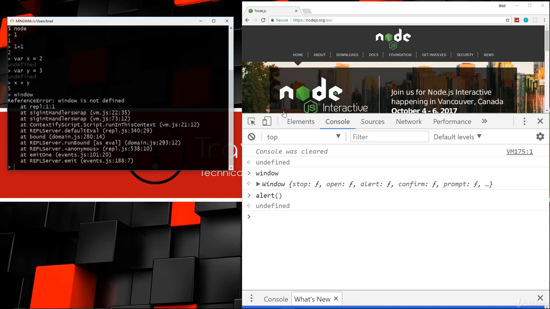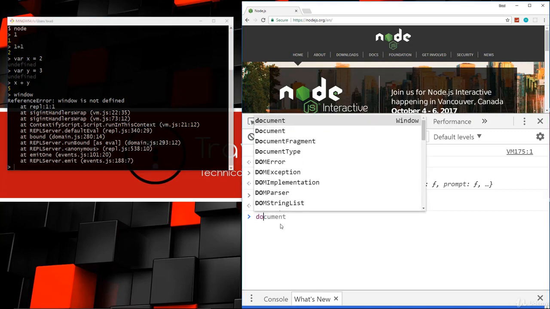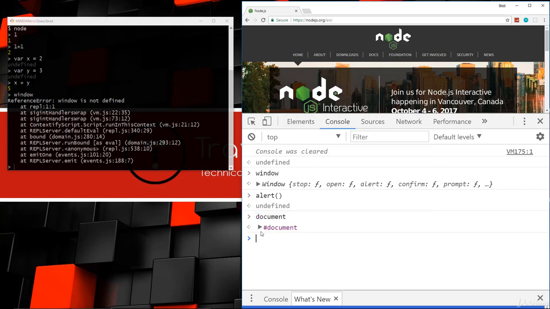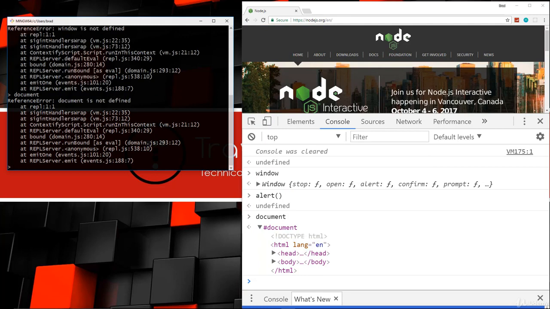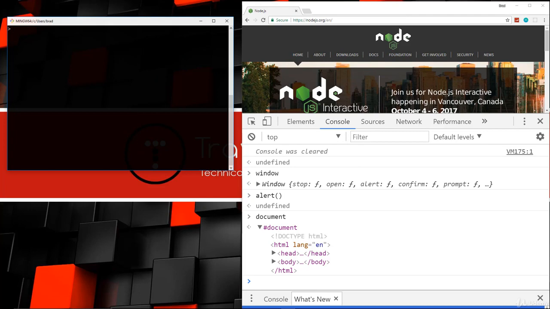It's not running in the browser; it's running on a standalone system. Just like over here we have the document object model, the DOM. If we say document, that'll give us the DOM. There is no document over here. However, over here, we do have